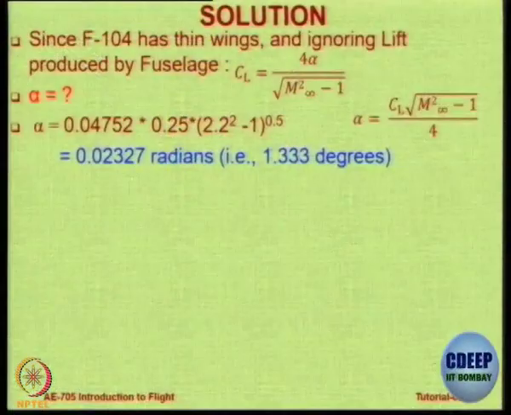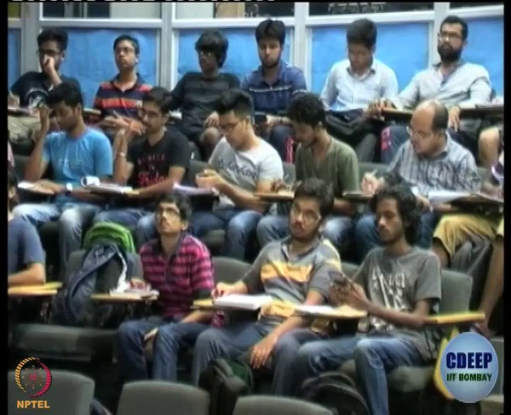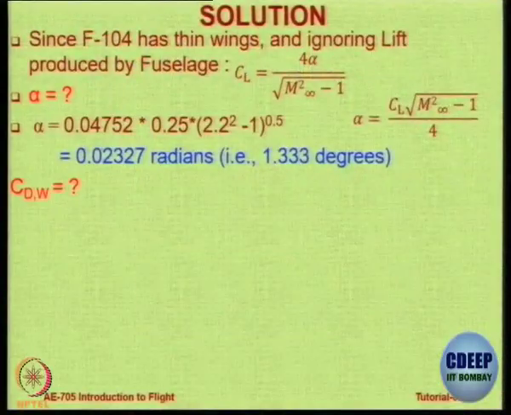So since we know the value of CL, 0.0425, and we know the Mach number 2.2, it's very straightforward. You can get the value of alpha by a simple inversion. So get me the value of alpha please. 0.0233 radian. Yes, it's radians, 1.33 degrees. So it's a very small angle. Obviously when you fly at Mach number 2.2, you cannot expect the aircraft to fly at a very high angle. There will be huge amount of pressure drag or form drag if you fly.